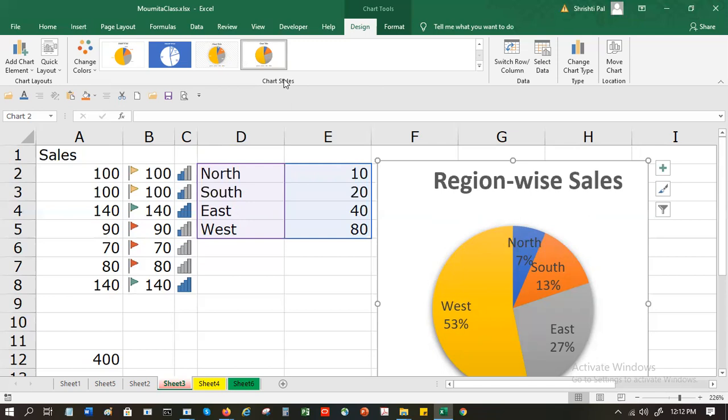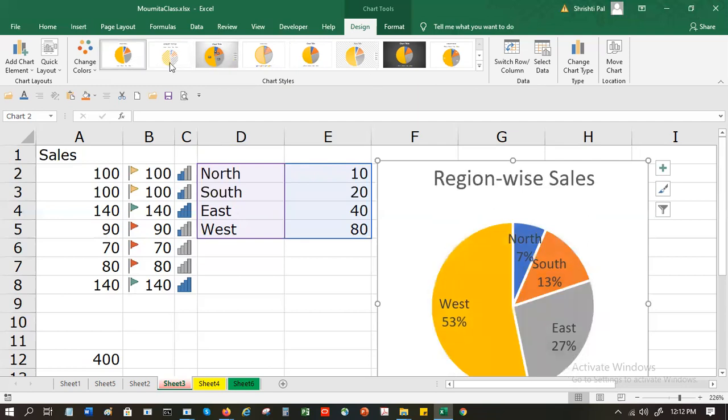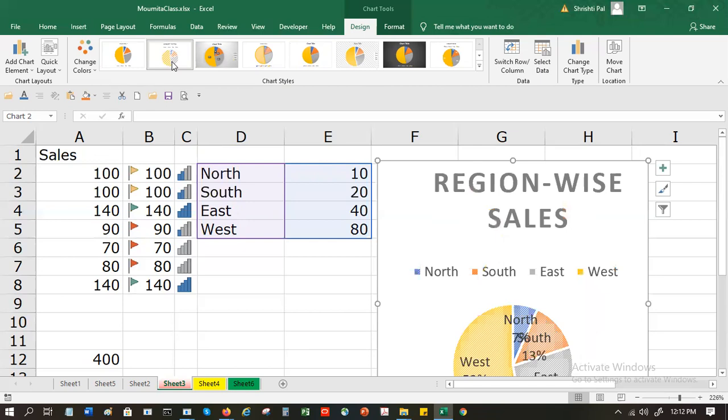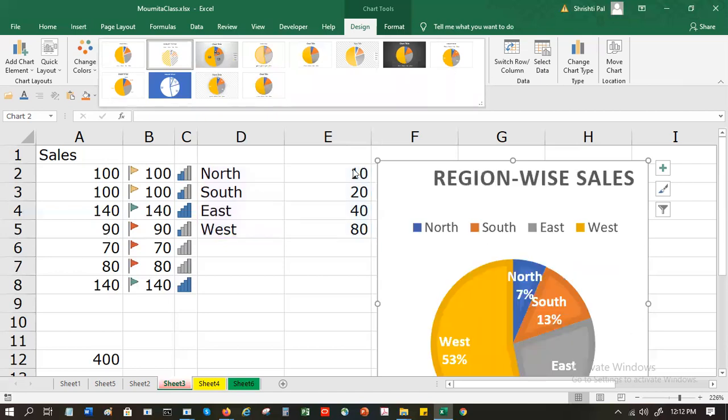Is there another option where I have to go to any other tab to change the chart or the design? These are all the defaults. But if I would like to do it manually, that I will come to later. Let me just show you this first, then I will show you that.